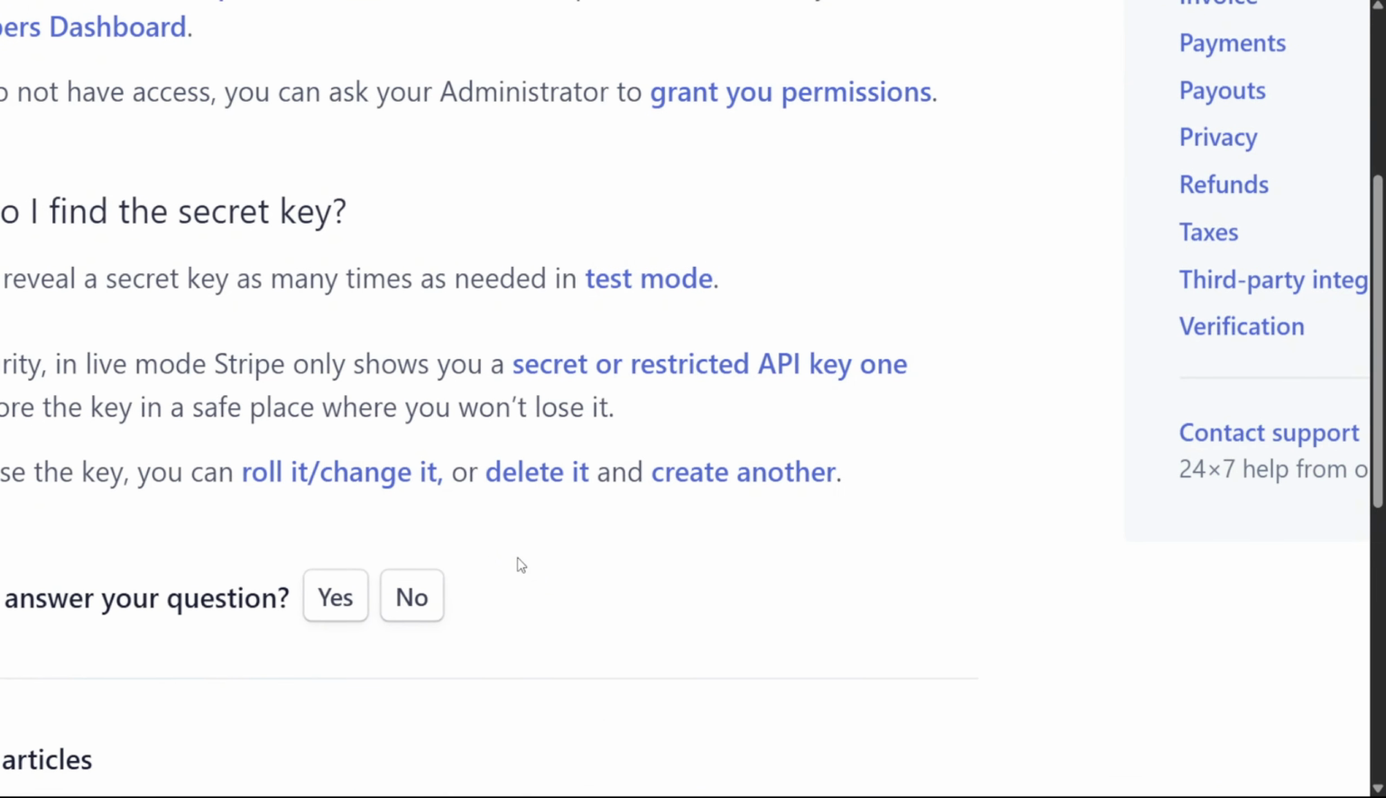And you will find your secret key as many times as needed on the test mode. And for security purposes, Stripe only shows you a secret or restricted API key one time. So you must store that key or that API key in a safe place where you won't lose